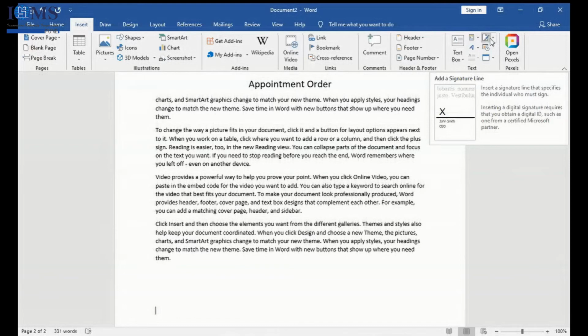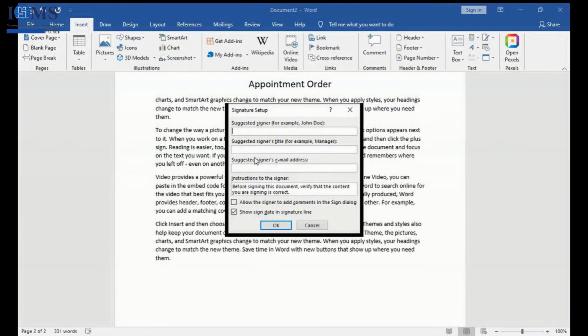Inserting a digital signature requires you to obtain a digital ID. Right now we are not seeing this because it is a process that we cannot complete, since we have to pay money. But we can surely see how to add a signature line. I'll click on it. Suggested signer, for example, Gauri Zad. Suggested signer's title, professor.